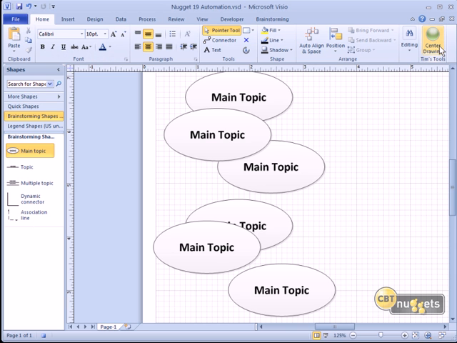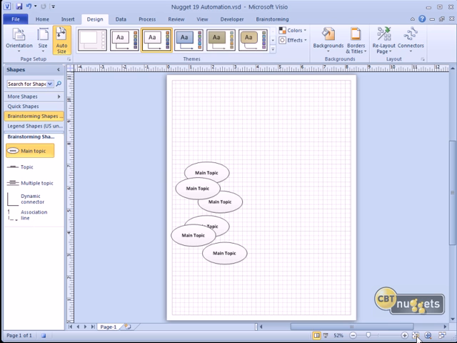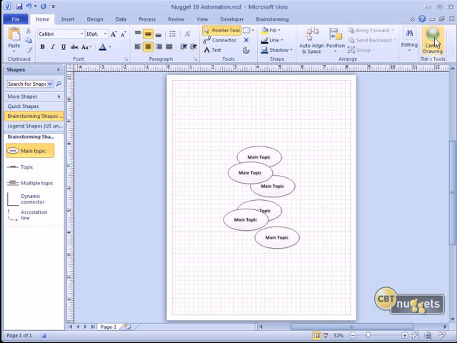Now, I've used the ribbon customization feature of Visio to add the center drawing command to the Home Ribbon tab. You won't have this in your installation, so you'll need to do that as an extra step if you're trying to follow along. You do know how to change the page orientation. We're going to go to the Design tab and change our orientation to Portrait. I'm then going to come down to our Fit Page to Current window to make sure that our zoom level is set correctly, and then I'm going to come to my custom group that I told you I created, Center the Drawing. Once you've finished the steps in the macro, you can come down and click the stop button, and then you'll notice that the button goes back to the way it looked originally.